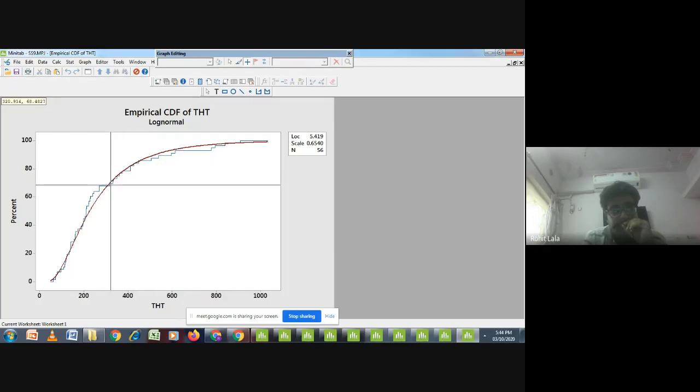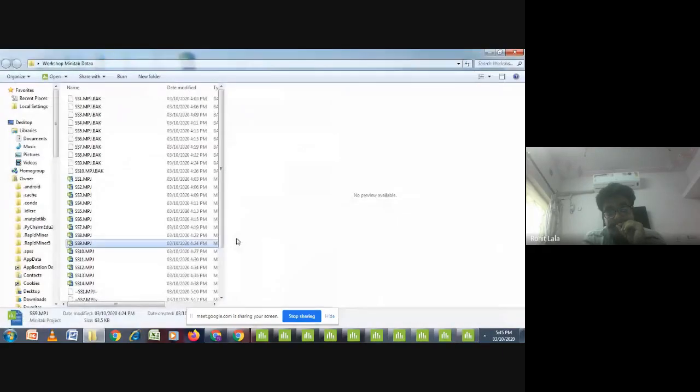When I move to 60, it would give me the count of near about 273.928 minutes. In the same way, vice versa, I can predict my data on the basis of the empirical CDF test. So this was the next thing which we had done.